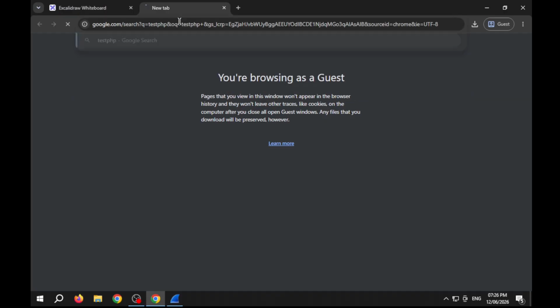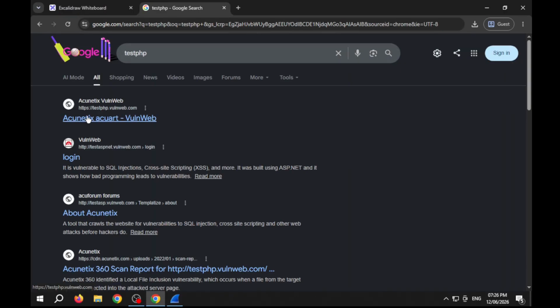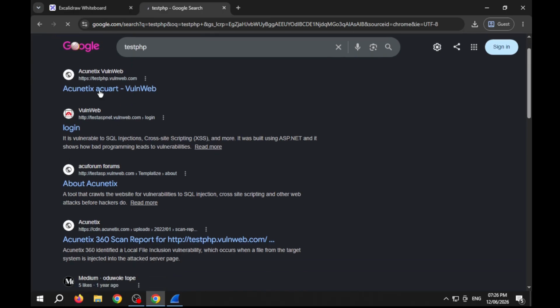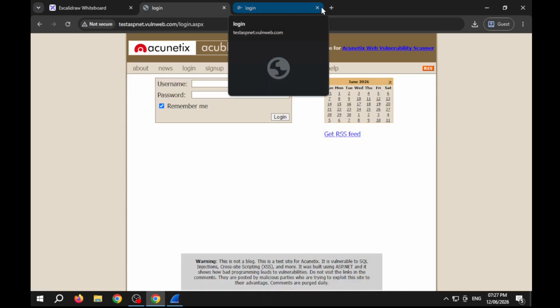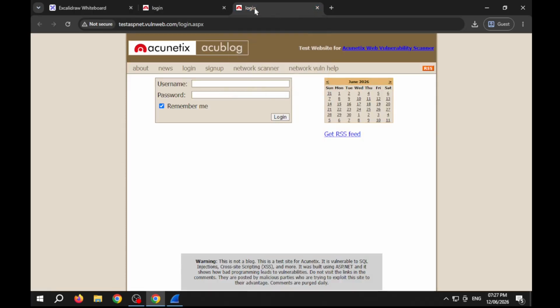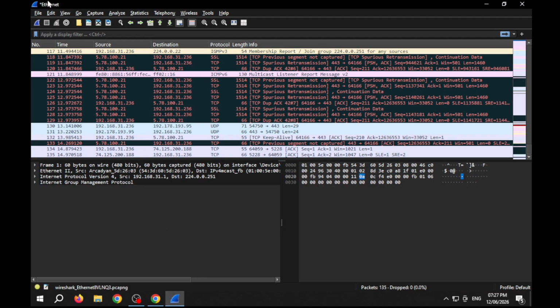Let's capture HTTP packets. We will go to the testphp website. It is a vulnerable website for testing. We will open that website, and as we open it, you can find a section with input fields for username and password. Let's first add the filter, which is for filtering out the protocol, so we can only see the protocol we want or the IP address we want.